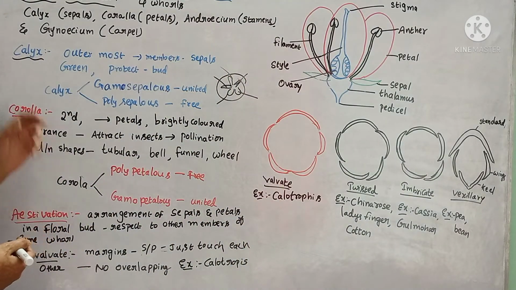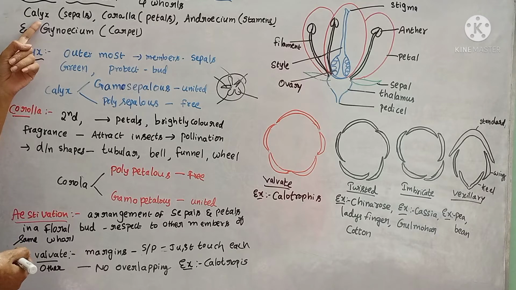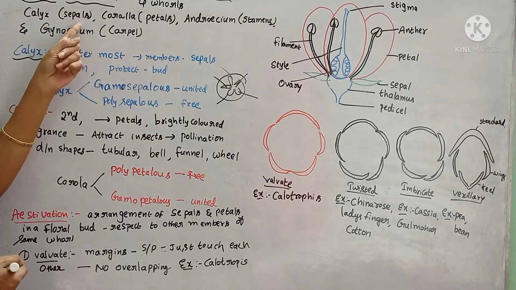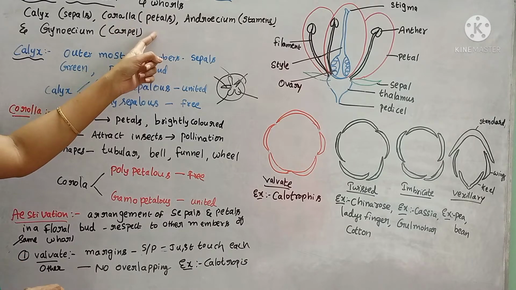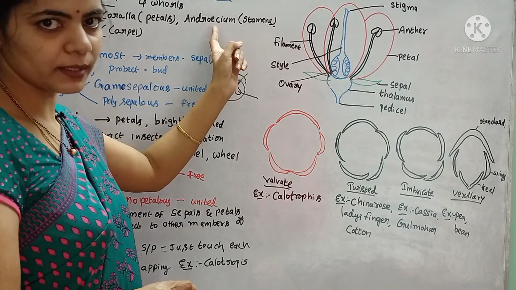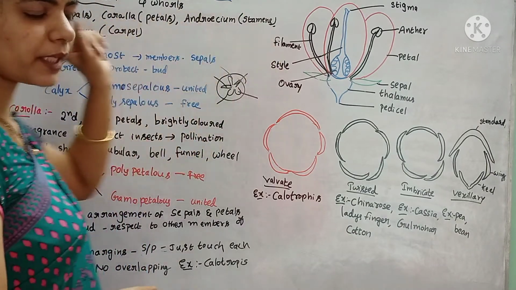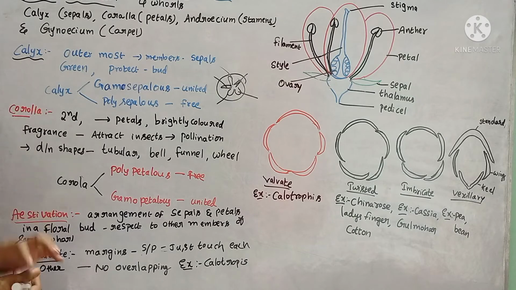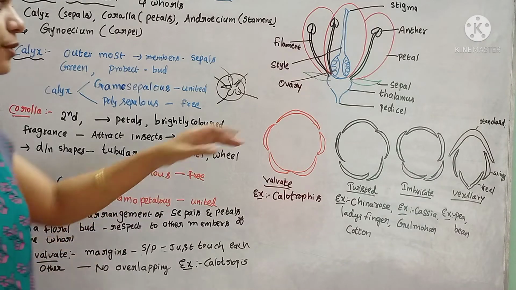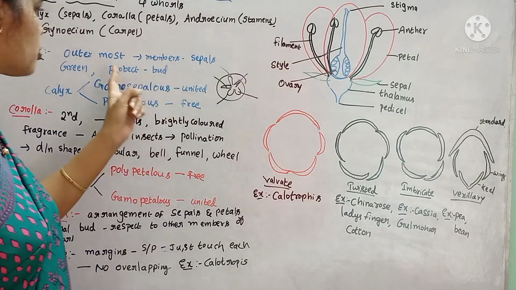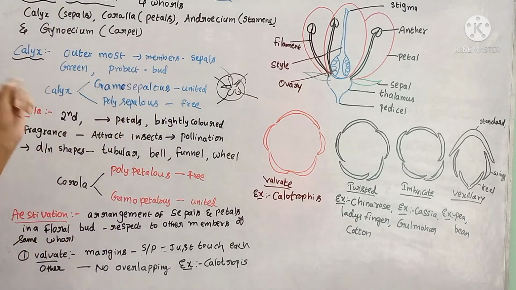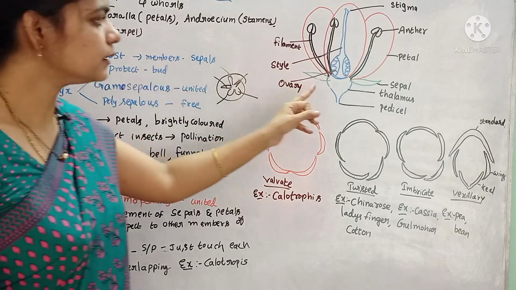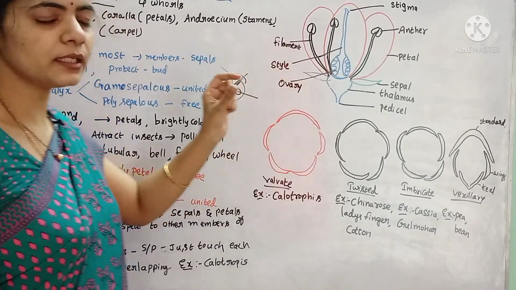The total whorl name is the calyx, and individually they are called sepals. The corolla whorl individually is called petals. The androecium is the whorl name, and individually they are called stamens, and the gynoecium is made of carpels. And if you see the first one, calyx, what is this? It is the outermost whorl, and each member of this calyx is called a sepal. They are green in color, just like little leaf-like